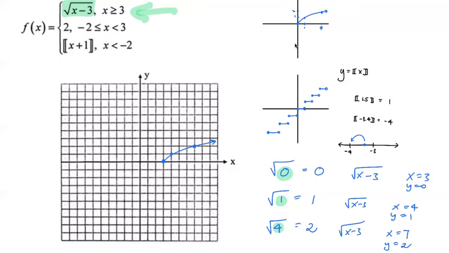Okay, you want to see square root of 1. Okay, good. Go ahead, make it happen. How? x is equal to 4. 4 minus 3 is 1. So you have square root of 1. So you have 4 comma 1 as the point, and so forth. Okay. Now, then the next piece,